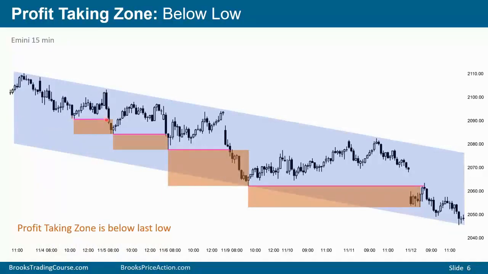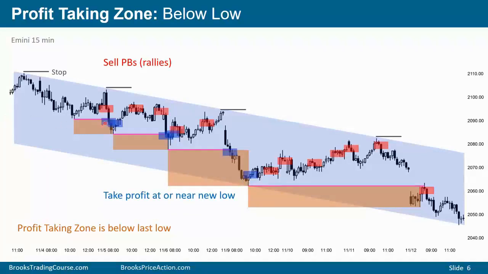Instead of selling at new lows, the bears are using prior lows to take profits. They want to take profits somewhere at or below the prior low. If you sell here, you might want to take a profit at that low or some fixed number of points below it, or at some other support like the bottom of a channel. And that's true with any of these rallies. Bears are selling rallies and then taking profits somewhere below the most recent prior low.